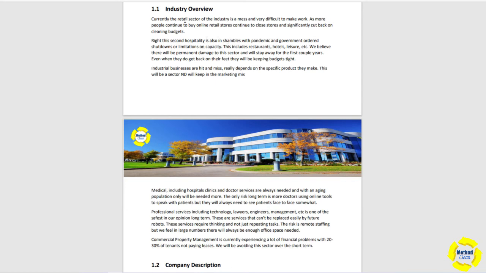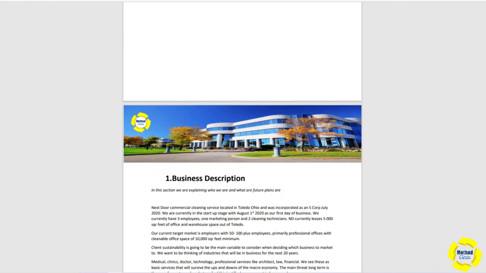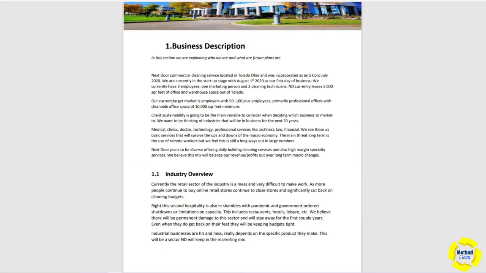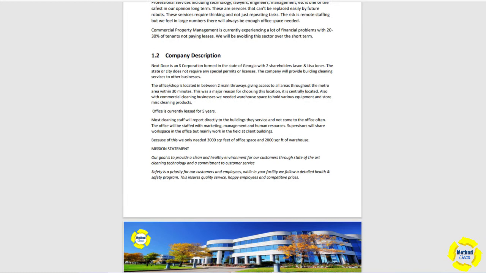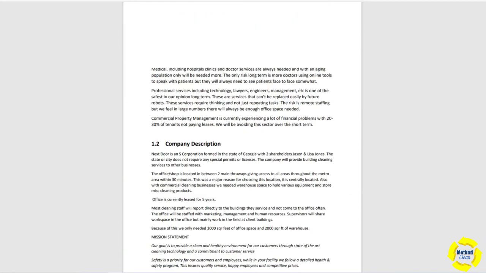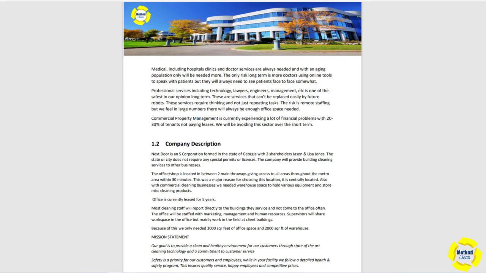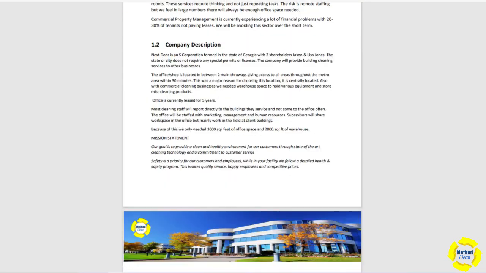And there was a time when I first started where I was big in retail, Kmart's, Target stores, but over time that industry changed and it became very difficult to make money. You needed a lot of labor, and the prices were very difficult. So I moved on from that retail sector into professional offices, which is what is in our description. I'm saying this is what we want. Now, your experiences and your goals may be completely different. So again, I want to just repeat that this is a personal thing